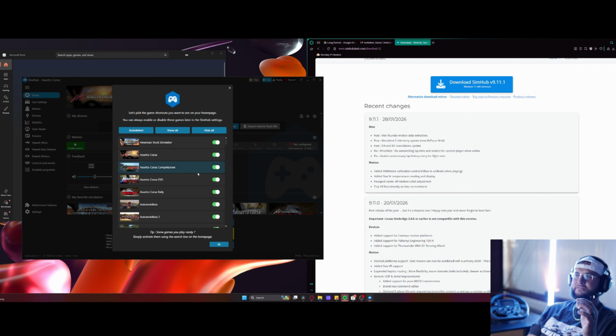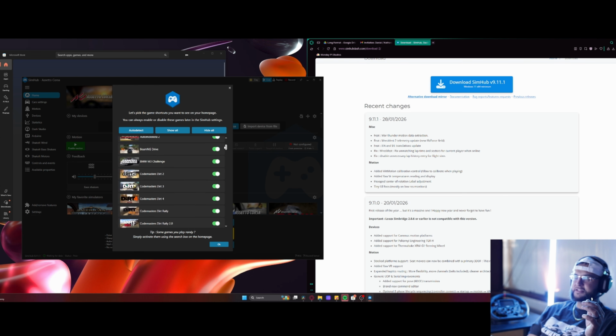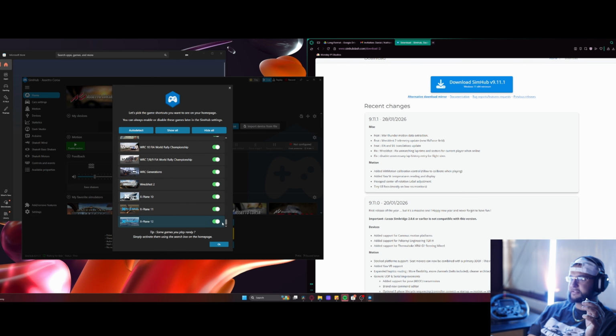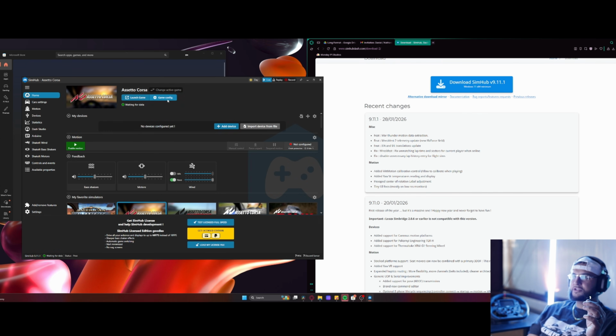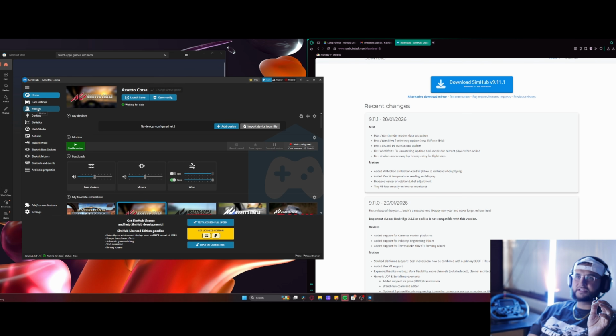Now you can see all of the different types of games within SimHub here. Over the years, they have added quite a few titles to their library. As you can see, there are a few hundred sims here, which is absolutely insane. So once you press OK here, we are greeted with the home page. On the left-hand side, you see all of the different types of settings that you can go through. Now you have home, car settings, motion, devices, statistics, dash studio, Arduino, shake it wind, base shakers, controls and